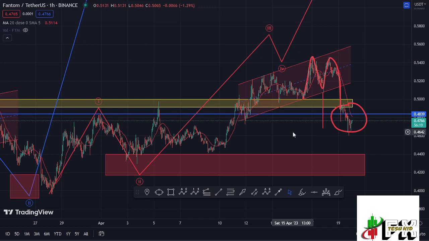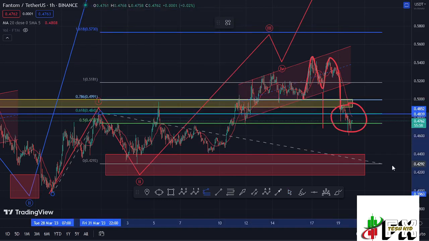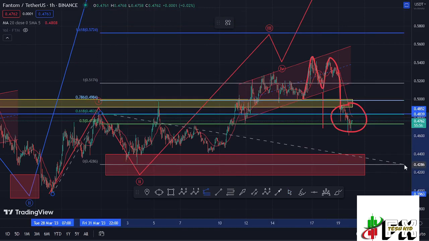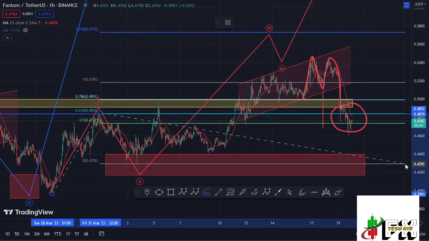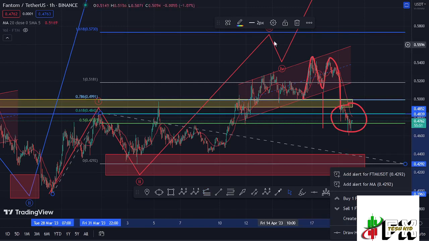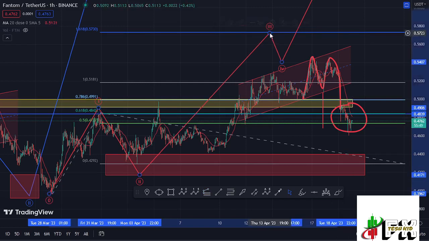We also need to have that in mind, and if that is the case, I can give you my minimum target areas in the formation of that wave 3, assuming that Fantom is not going to wholly invalidate this Elliott wave structure that I have right here. By connecting the trend-based Fibonacci from the low of the first wave to the high of that wave 1, then dragging the fibs to the low of the second wave, that now gives me a target area in the formation of that wave 3 at the fib level 1.618,